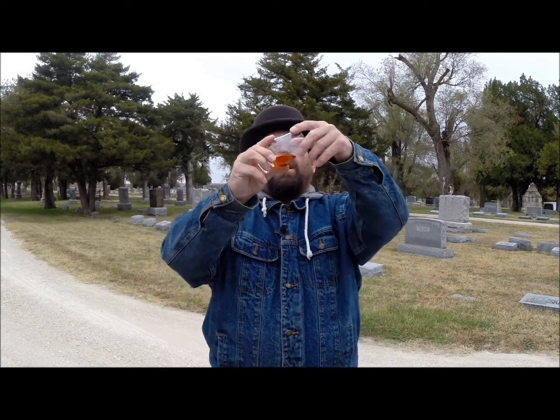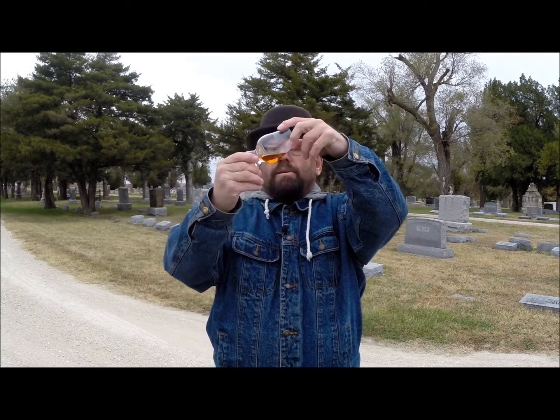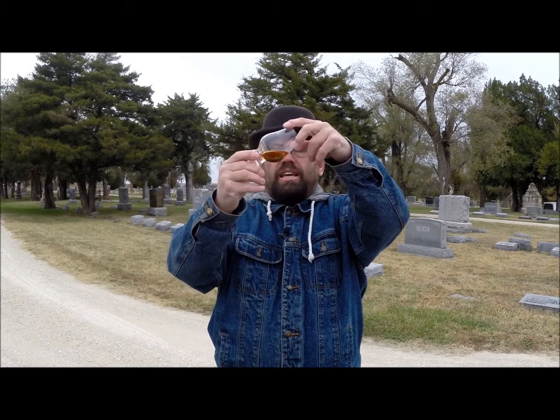Oh, it's a darker color. It's a goldish amber color, possibly colored. I don't know about chill filtering. It doesn't say anything to either that I found on the bottle. If it's different, I'll correct. Oh, it's definitely Irish whiskey. It's got that